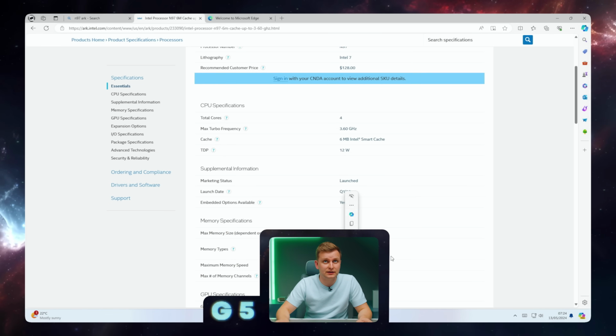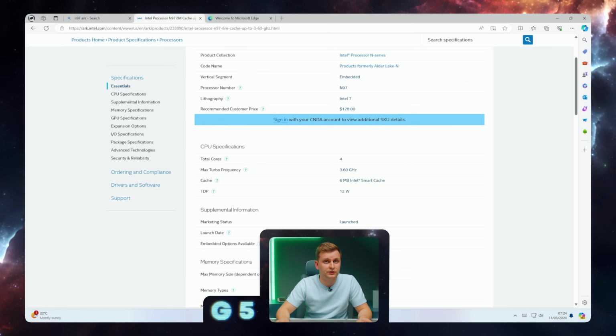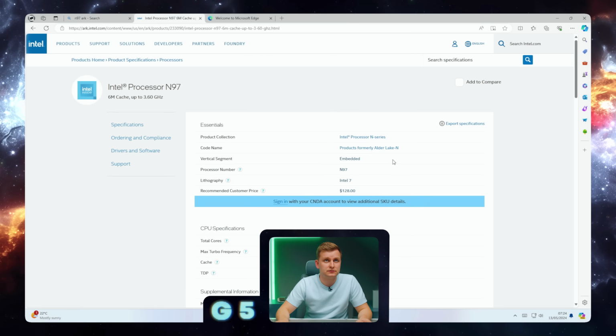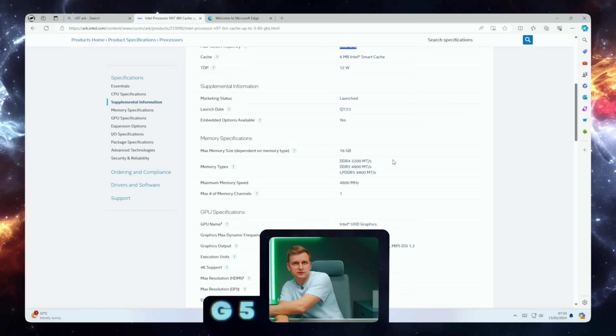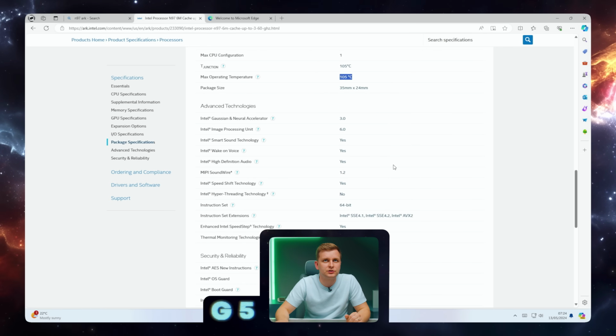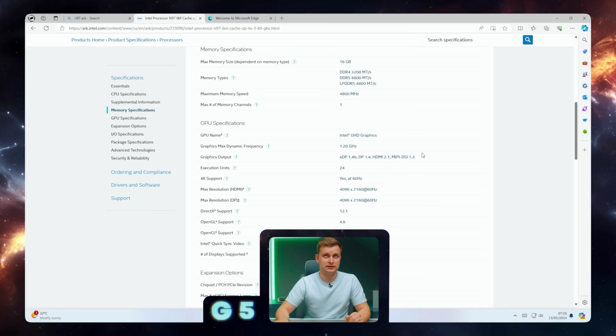It can have DDR4 and DDR5. And is it Alder Lake? Yes, Alder Lake, and launched Q1 23. So very interesting. 3.6 gigahertz. Looks like this might be even slightly better than the bigger version in there. 105 operating temperature. I don't think this has any, I don't know, PCIe Gen 3 9 lanes as well, so